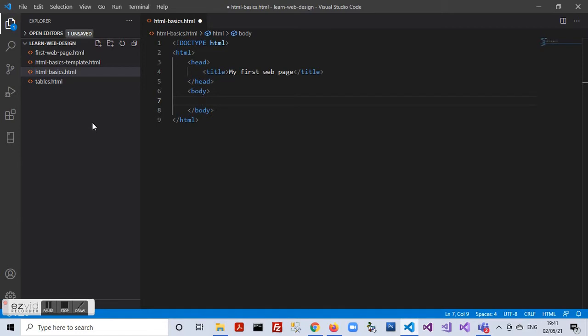Within the body section, we write all the content which needs to be displayed, and we have lots of tags to display this content, to style this content, to enclose this content within boxes. So first of all, we write the basic content without any styling, without any tag. Straight away I'm typing in I am learning web designing, and when we view this web page in the browser window, we'll be able to see the title in the title bar and the content in the browser window. I am learning web designing.